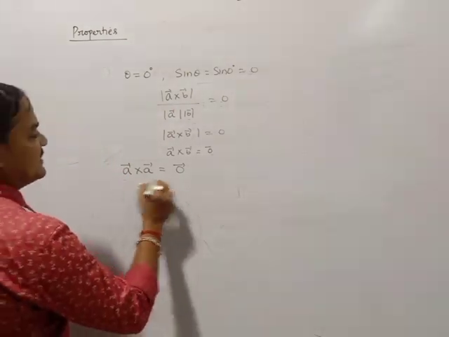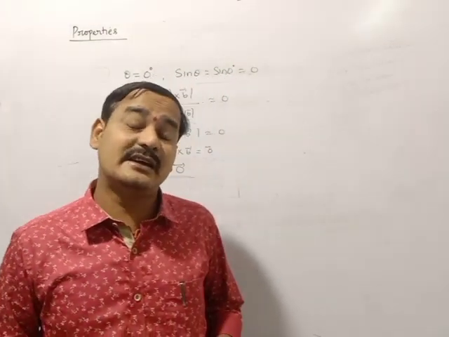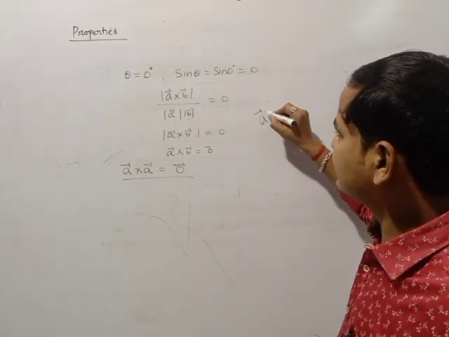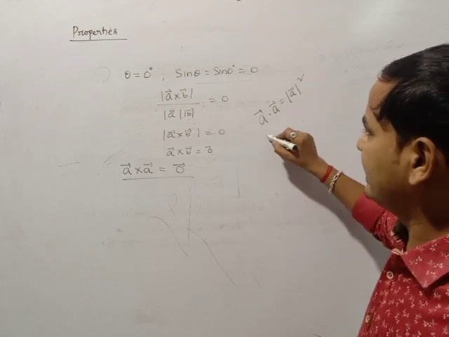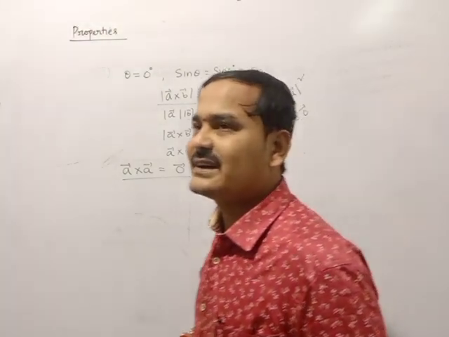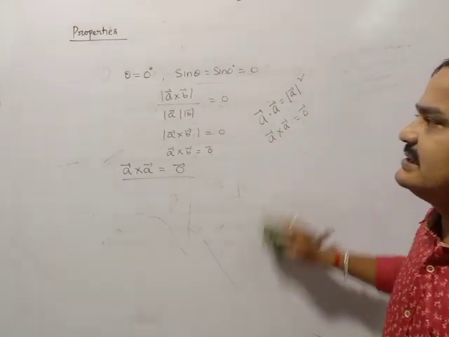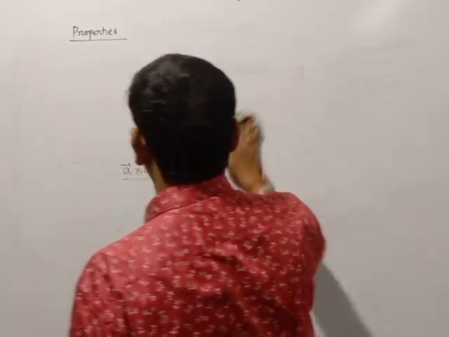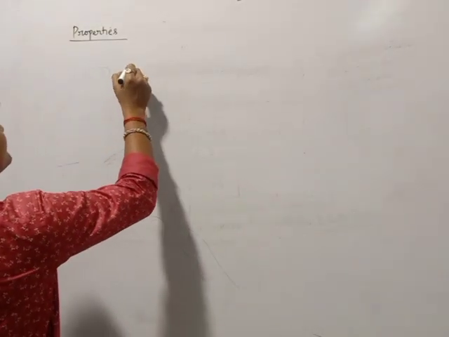Now this is a very important concept. Same vectors cross product is always the 0 vector, but same vectors dot product is the magnitude squared. Means A bar dot A bar is equal to magnitude of A bar square, but A bar cross A bar is equal to 0 bar. So same vectors dot product is their magnitude square and same vectors cross product is 0. Using this concept only, we will write the components, means scalar components, unit vector components, i bar, j bar relations.